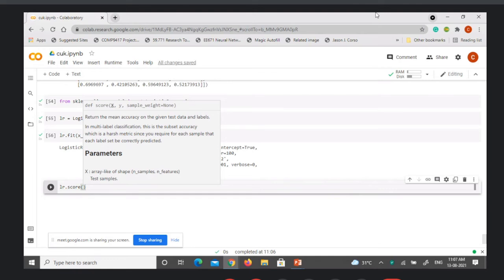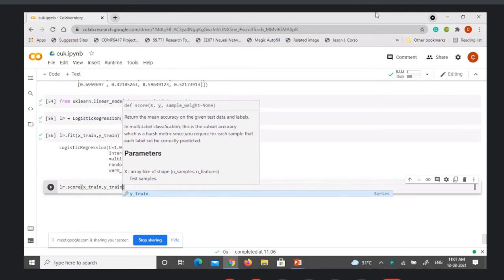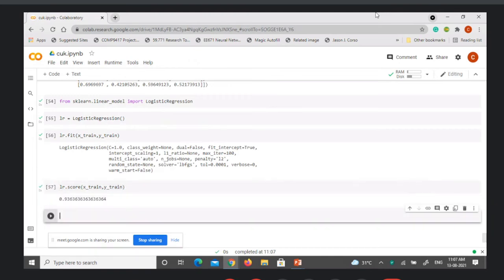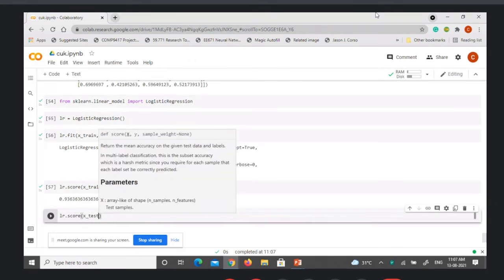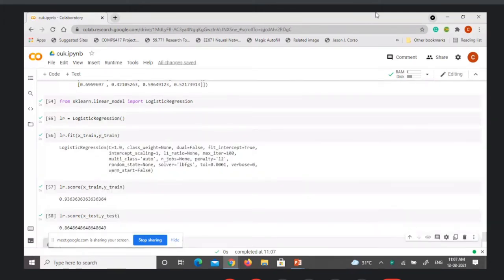We are first doing it on the training samples alone, and let us see how it prints the mean accuracy. It is 93% for the training samples. Now if you see it on the test samples, 86% accuracy is available for the test samples.